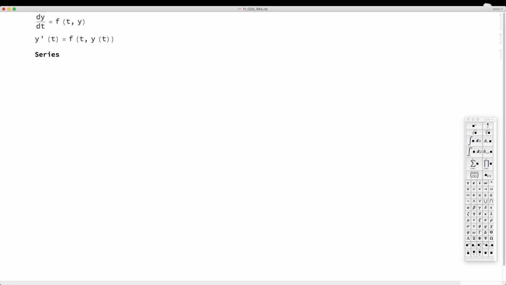If I use the command Series and expand the function y of t with respect to the parameter t about some initial time t0, or let's call it t1, and let's suppose I want to keep terms of order 2 in the expansion,